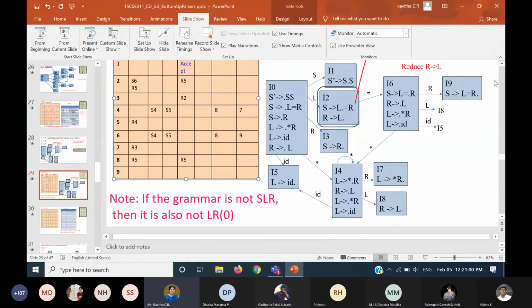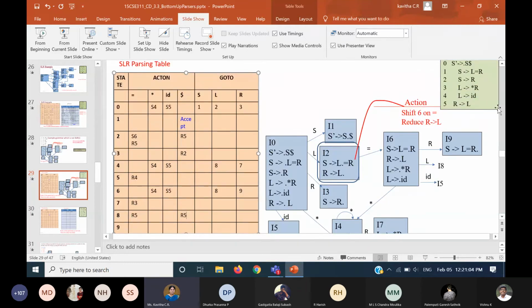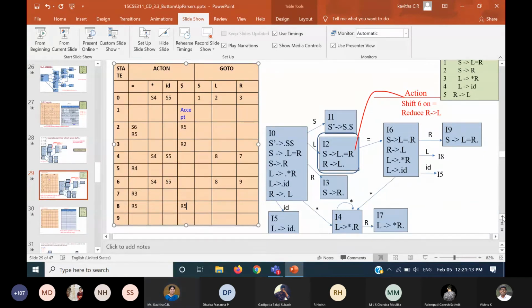State number 9 is rule number 1. Rule number 1 means you are going to use the follow set of the LHS symbol, that is follow of S. Follow of S is dollar. So only on dollar you're going to apply R1.